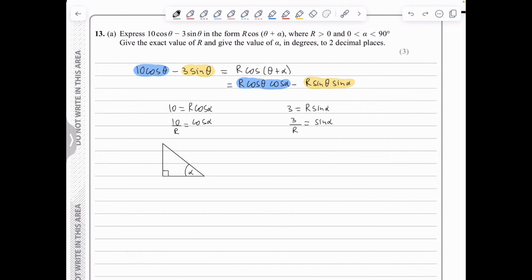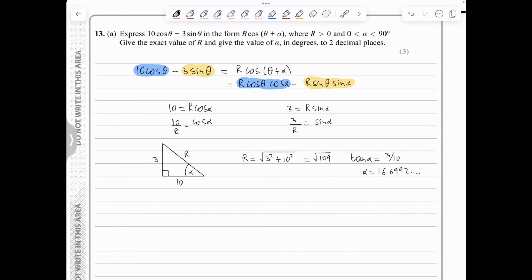If the cosine of alpha is 10 over r, then the adjacent is 10 and the hypotenuse is r, and sine alpha is 3 over r. So Pythagoras gives me that r is the square root of 3 squared plus 10 squared, which gives me root of 109, and tan of alpha is 3 over 10, which means that alpha turns out to be